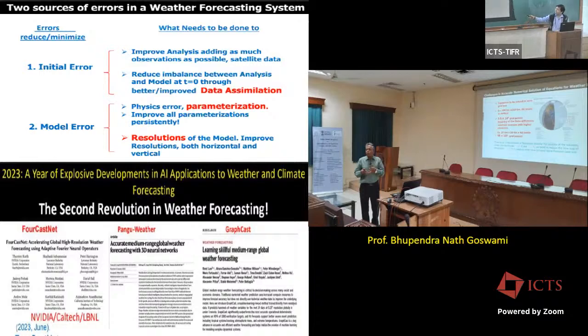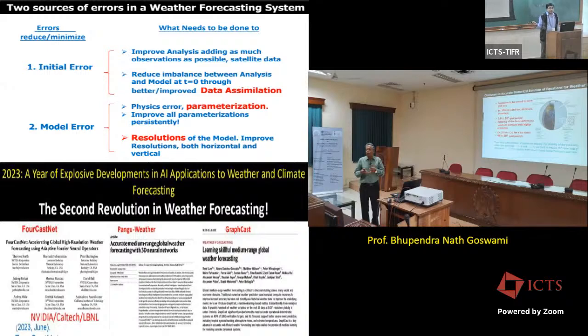So one of the things which he mentioned is assimilating data, let's say, from other sources, including satellite data and so on, as well as a very important issue which he pointed out, the issue of accumulating errors. That is, once a system makes an error, then in the next step it will make a little bit more error on top of that, and in the next step even more error, and these errors will keep on getting accumulated, and ultimately the result you will get is way off what it should be. So this is one important issue which he had flagged.